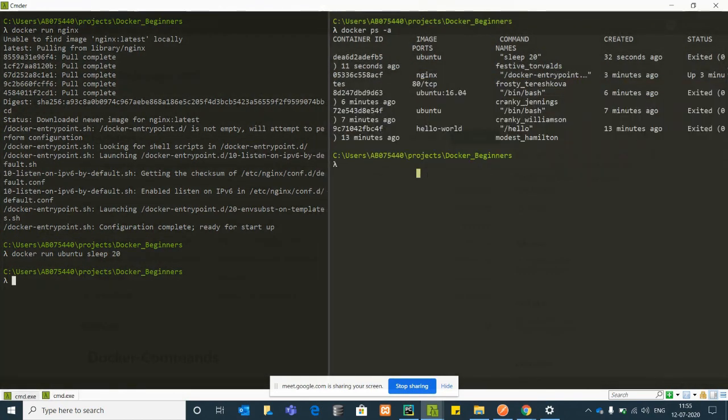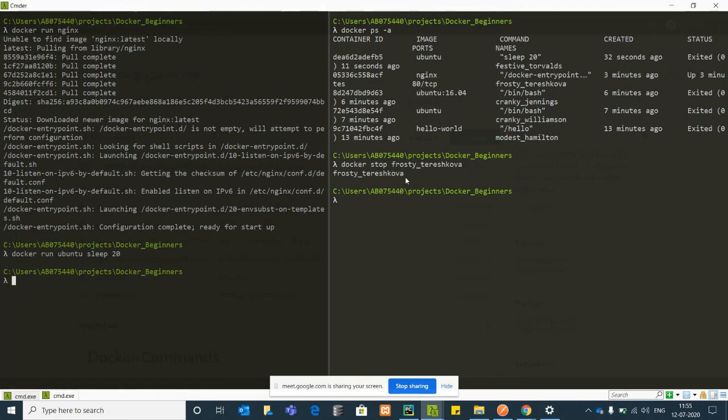Now suppose I want to stop this particular nginx service for a certain reason. Then I can issue the command docker stop, and then either you can use the container id or the container name.